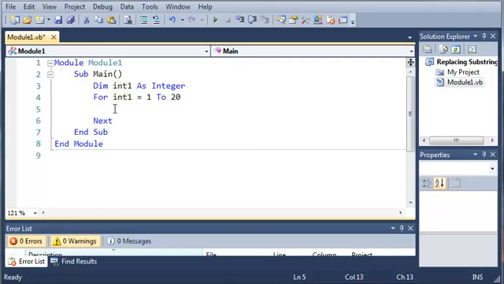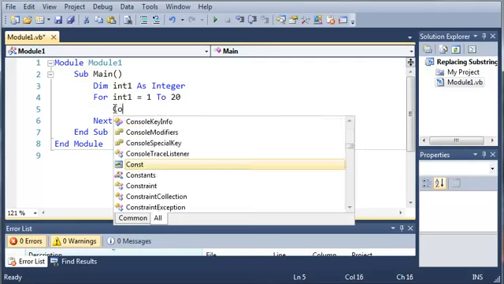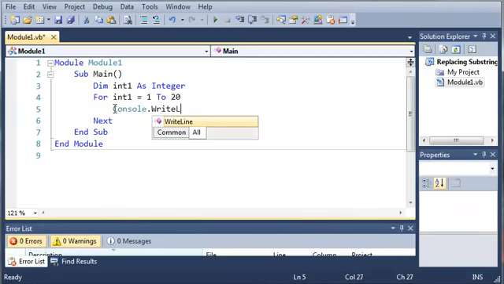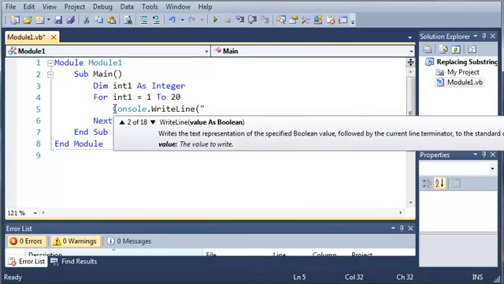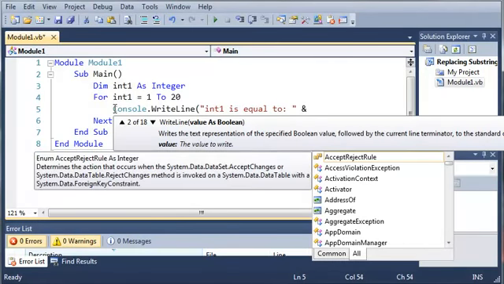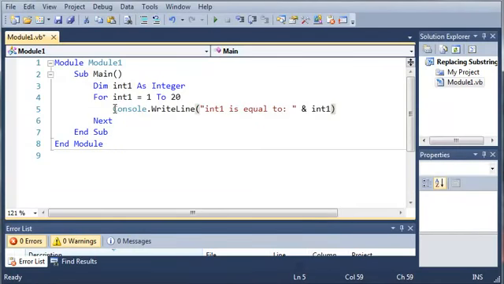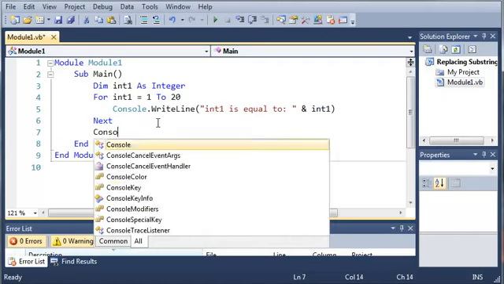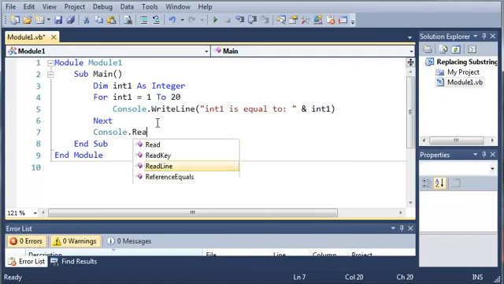To demonstrate this, I will just type console.writeLine, int1 is equal to, and then we're going to use our ampersand and type int1. Basically what this does is it says int1 is equal to, and then takes the current value of int1. Because we don't know what int1 is equal to, we're just going to put the variable name there. So now we're going to do console.readLine,